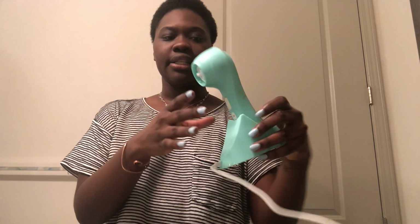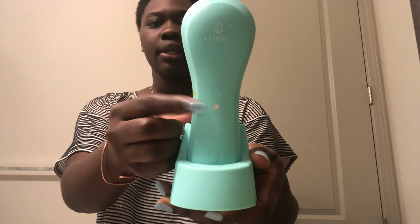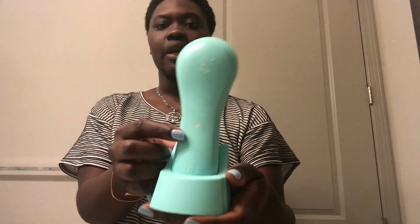And I'm going to sit it back in its charging port right in front of me. If you want to see it, this is the charging port. That beep was just it telling me it's charging. And you can tell by this light. Well, it's not a button, a light. That means it's charging. Okay, so